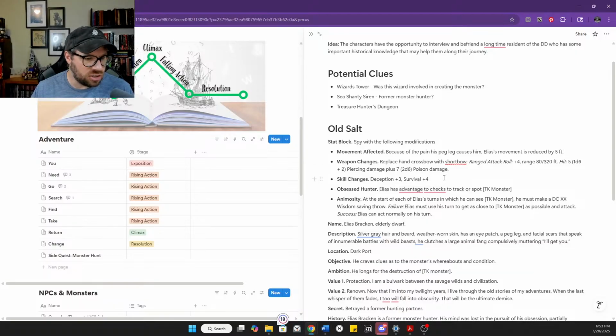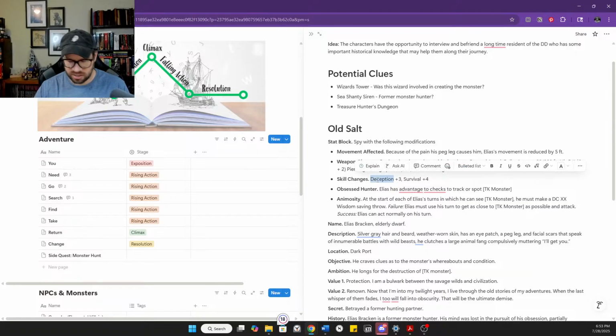Ben Elder says advantage to intimidating checks due to the eye patch and scars, maybe disadvantage to perception for the same reason. I like the intimidation thing. I really do like the intimidation thing. And so instead of deception, let's give him intimidation.